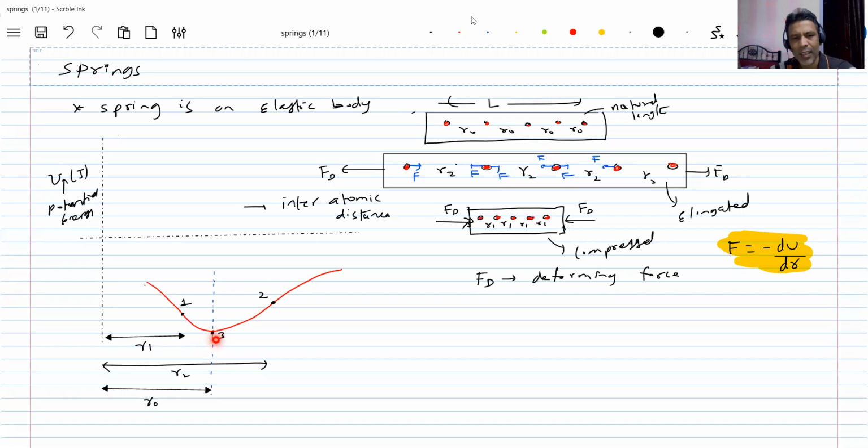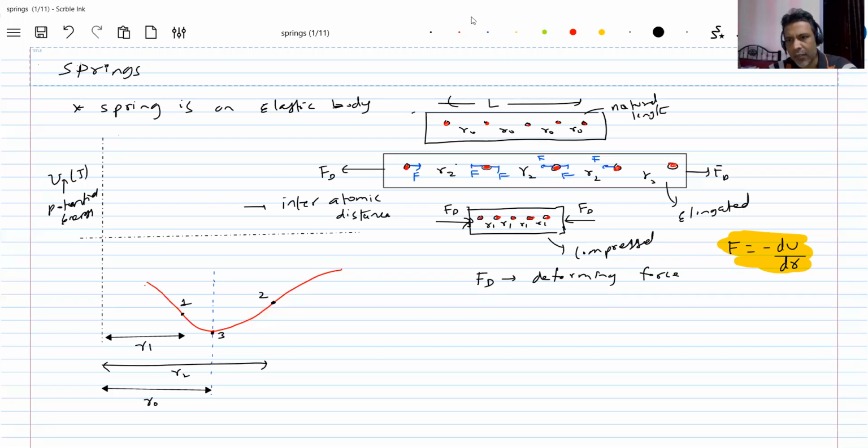The moment I increase the length of the object, the distance between atoms will increase. Then all the energy I spend will be converted into an increase in energy of the elastic body. Got this? Now you can ask where the potential increase has come from. The external agent does work to stretch the elastic band. You have to do mechanical work. So the work done by you is converted into an increase in energy of the elastic body. Therefore, the potential got increased. So at point two, you check it. Force is positive, slope is positive. If slope is positive, then F will be negative. What is this F? F is the restoring force.